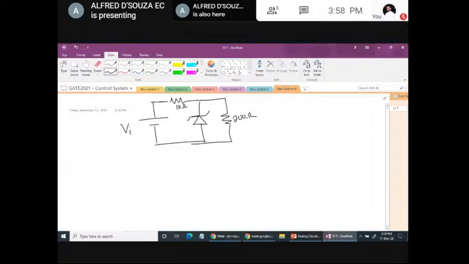To maintain the constant voltage, VZ is 20 volt, that is specified. IZ maximum is 60